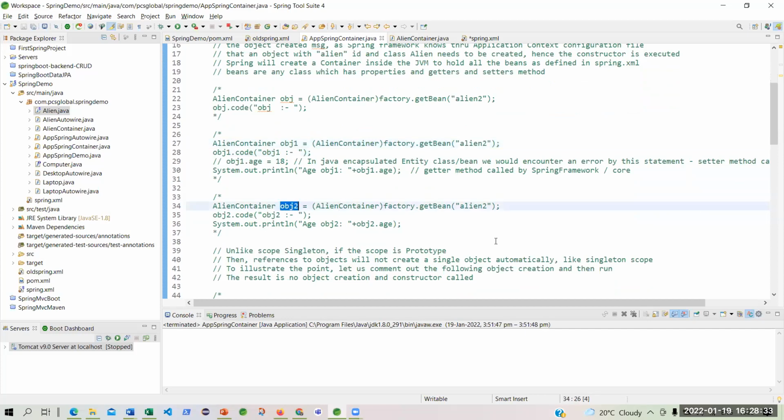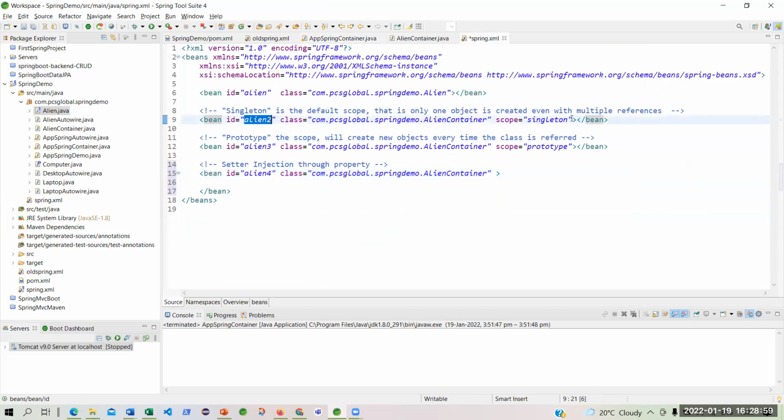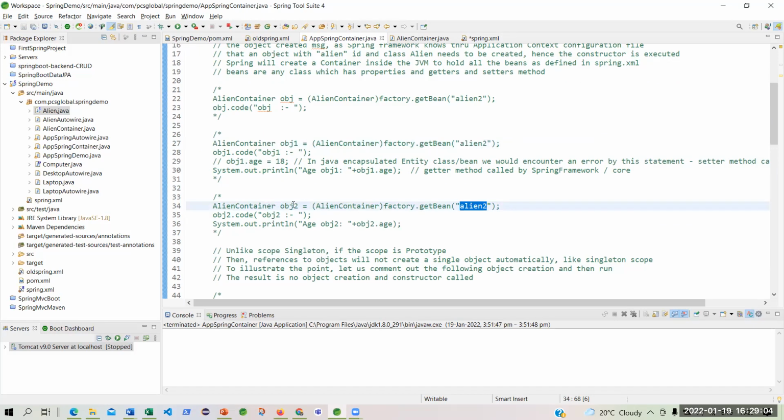Another object you are creating with the name obj2, but the Spring framework is creating it; you are only getting it from the Spring container, referring to the same bean. But if you go and check, align2 is of scope singleton. So there will be no new object created. This will be just a reference to the same bean.